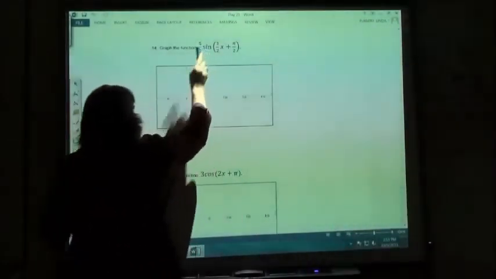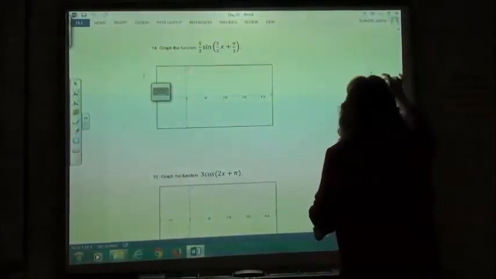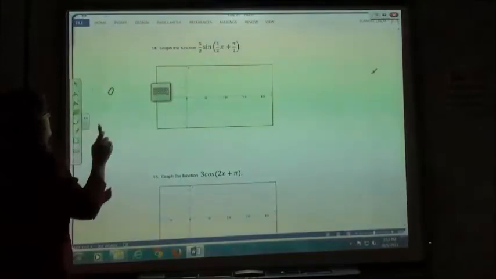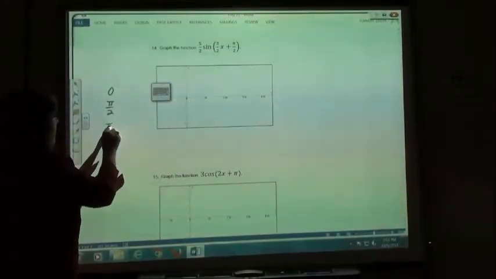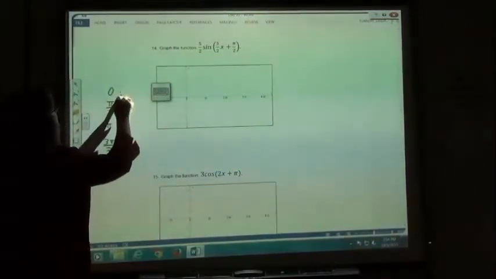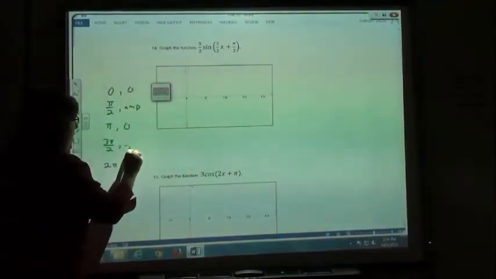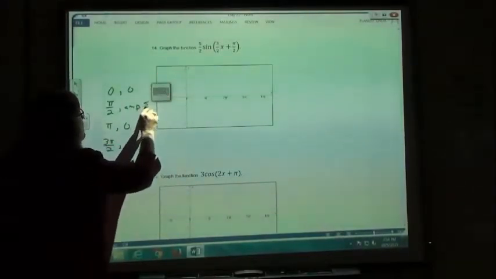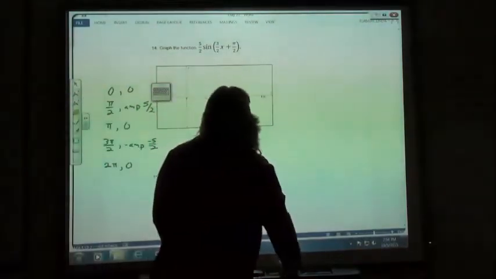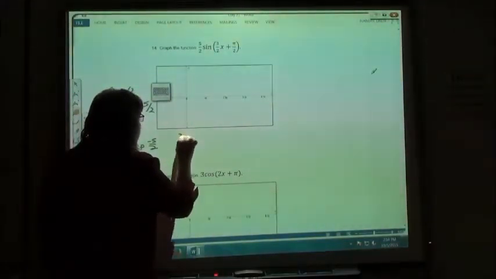So this time we're doing the sine curve. Sine curve. It doesn't want to erase the board. Sine curve. 0, pi over 2, pi, 3 pi over 2, and 2 pi. Since it's a sine curve, 0, 0, 0. And my amplitude and the opposite of my amplitude, which is 5 over 2. So, we are going to figure out our shift, and so we're going to say 3,